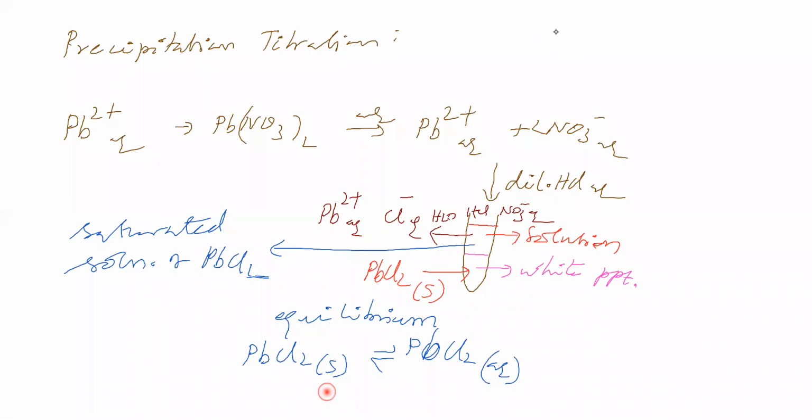Then this dissolved substance undergoes ionization to give Pb2+ aqueous and 2Cl- aqueous. So in a saturated solution such an equilibrium is possible: undissolved PbCl2 solid is in equilibrium with dissolved